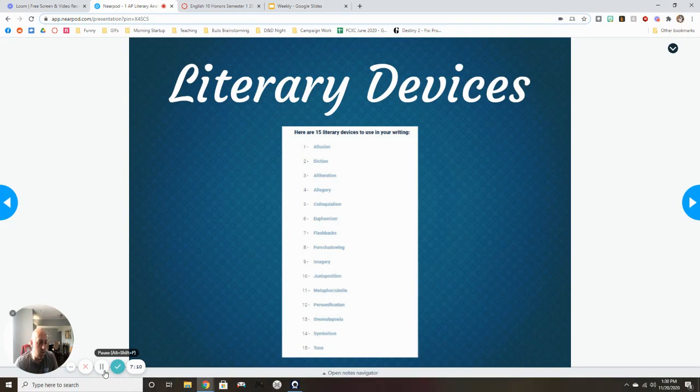symbolism and tone. So, symbolism is when something represents something larger or more important than itself, right? Okay, it's a paperweight, but also it represents London the way it was before Big Brother. In The Great Gatsby, when you read it next year, there's a green light, and it's a green light. But also to Gatsby, it represents the dream that he has sought his whole life. And then tone, that's the emotions that the author is imparting into the work. Okay, you probably knew all of those.